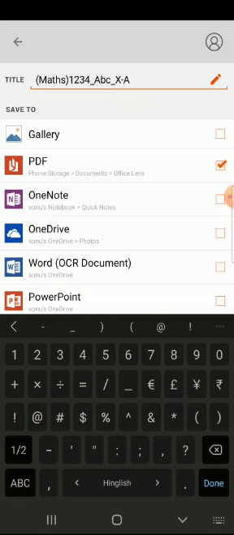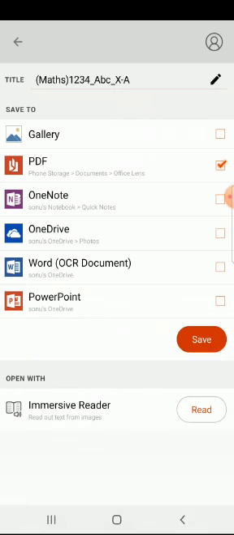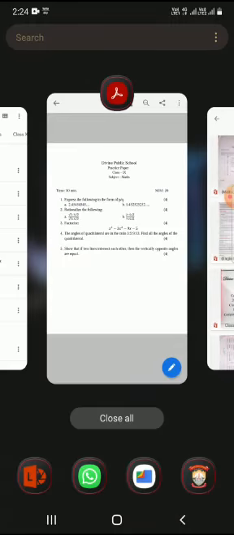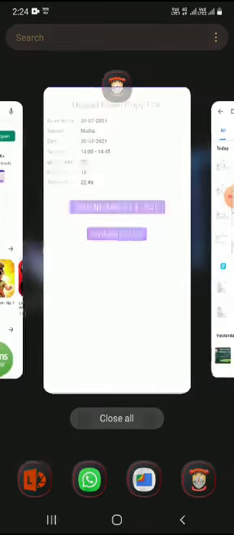Now let's select the PDF option there. After selecting the PDF, we'll go to the save option, and our PDF is created. Now we need to just upload that answer sheet. So we'll go back to our app, and now we will click on the upload PDF option.